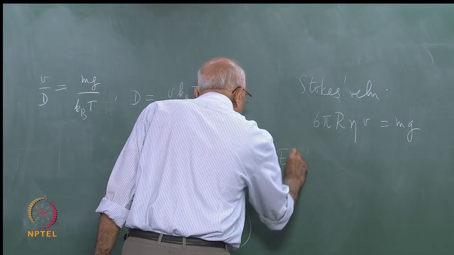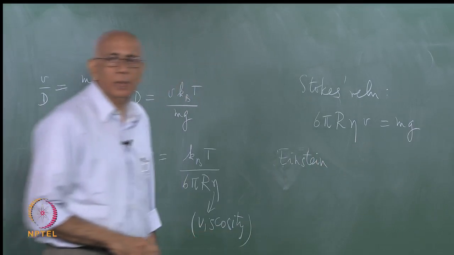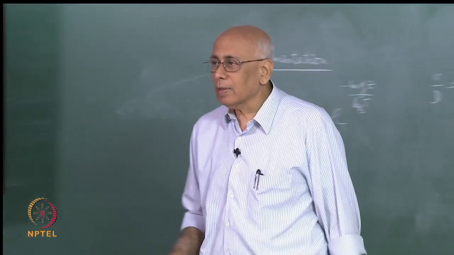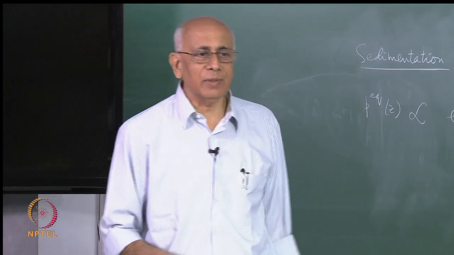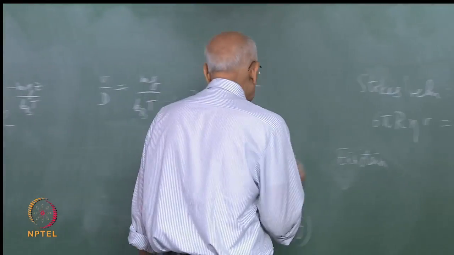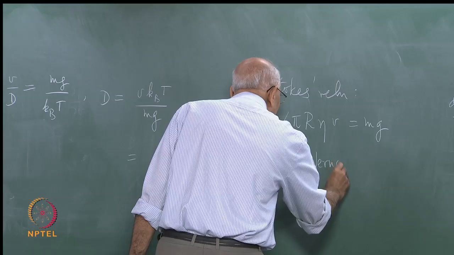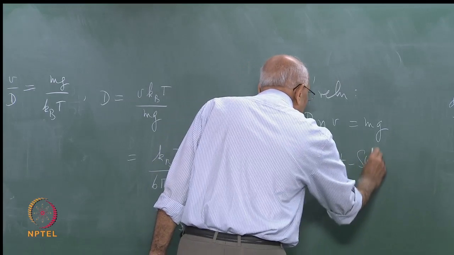So it is Einstein in his Brownian motion paper, but coincidentally it was derived a couple of months earlier by an Australian physicist called Sutherland, not as well known, and Nernst's name is also associated with it. So let us call it, give everybody their due, and in alphabetical order